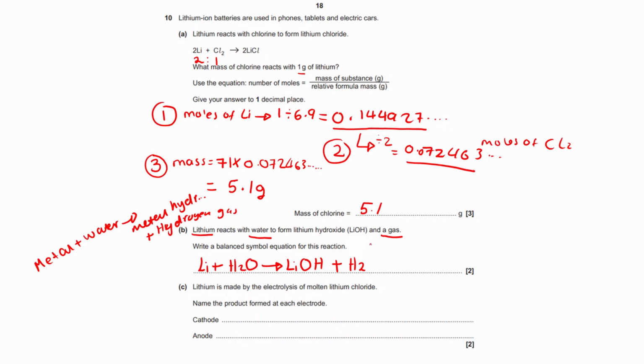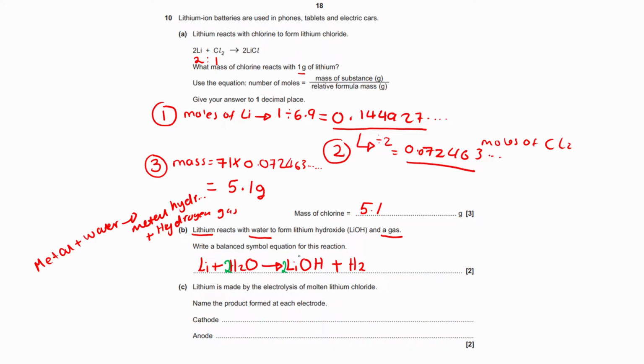The reason it gives you 1 mark instead of 2 is because you need to balance this equation. So we have 1 lithium on here, 1 there, we have 2 hydrogen here, but 3 there. So what you can do is put a 2 in front of this hydrogen. Now we have in total 4 hydrogens here, but 3 here. So if I put 2 here as well, I have 2 hydrogens plus 2, that gives you 4, and there's